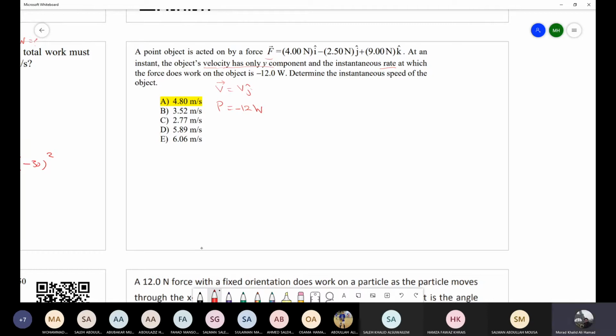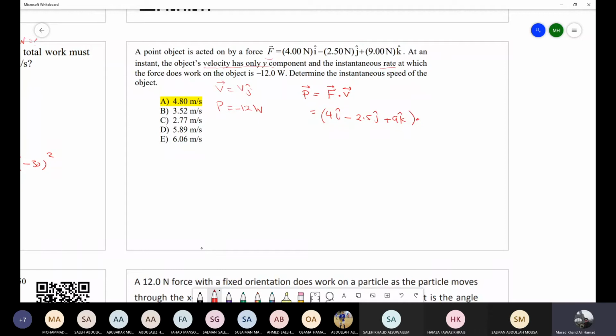Okay, I know that the instantaneous power or the rate is equal to F dot V. Here, let me substitute. F is equal to 4i minus 2.5j plus 9k